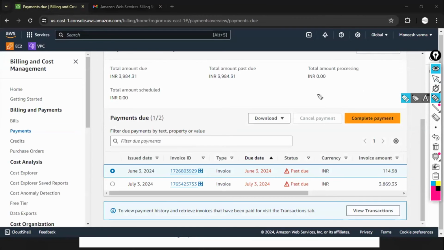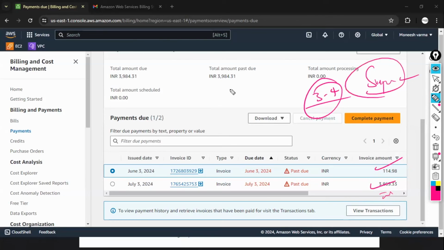They'll wait for 3 to 4 months. If you're not paying the bills, it's been already 3 months for me. May month bill generated, June month generated, and currently July is running. If I don't pay the July bill also, then they will suspend my account. To remove the suspension, one option is you need to pay the bill.